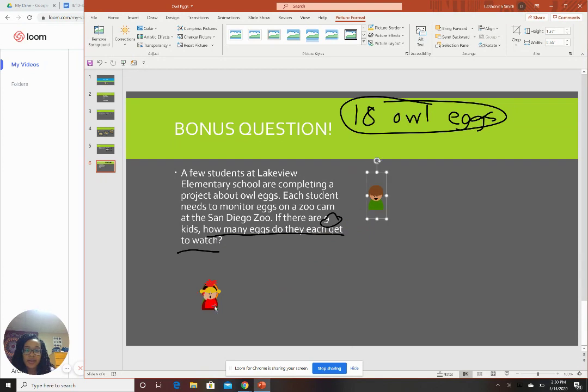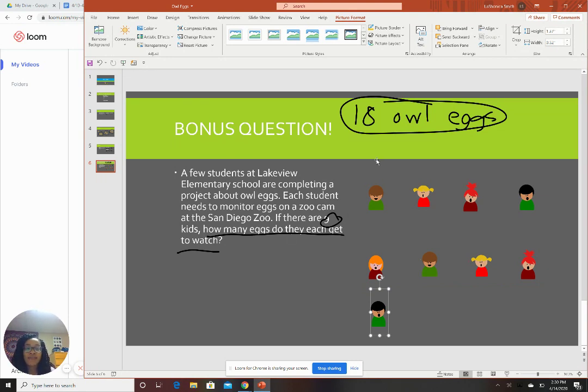So 1, 2, 3, 4, 5, 6, 7, 8, 9. All right. So here's my kids, and we're trying to figure out how many eggs do they each get to